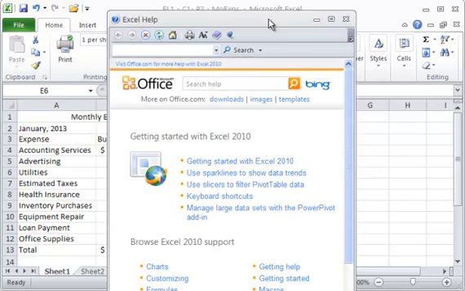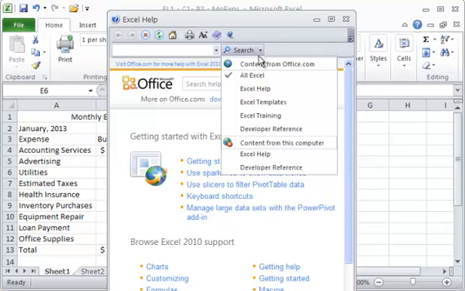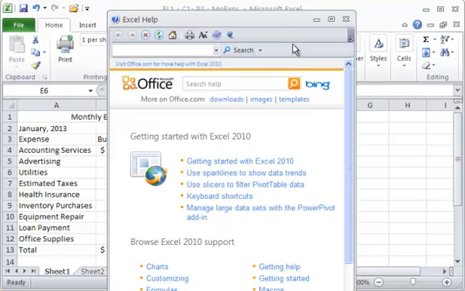That will allow you to type in information online, or if you want to get started with Excel, you can do that as well. If you take a look under the search drop down box, notice you can get Excel help, Excel templates, Excel training, all kinds of help in the help dialog box. So if for some reason you would want to know something about Excel, you can click on